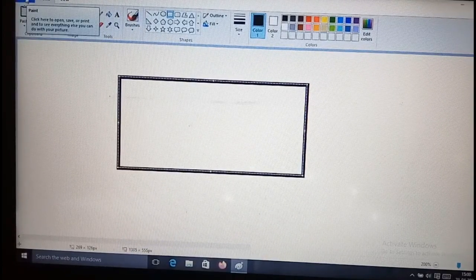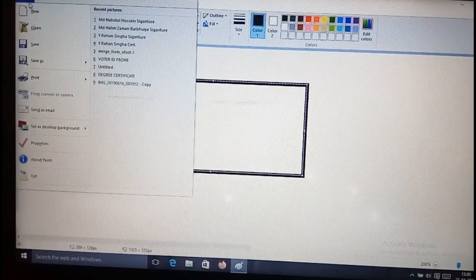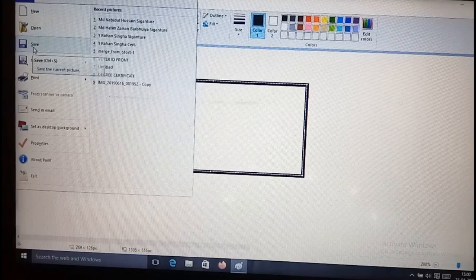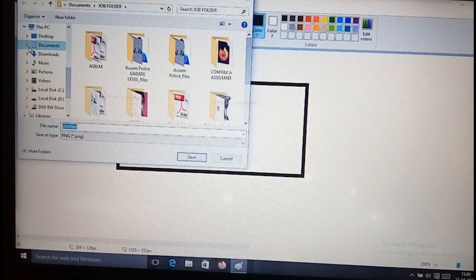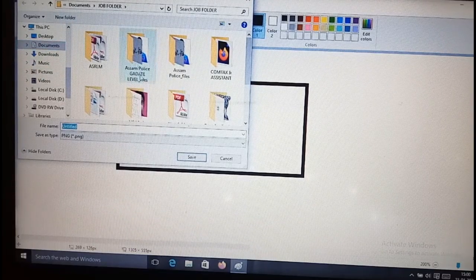Let's click on the File option, then you can see the save option is available there. You click on the save option, then a Save As dialog box will appear on your screen.